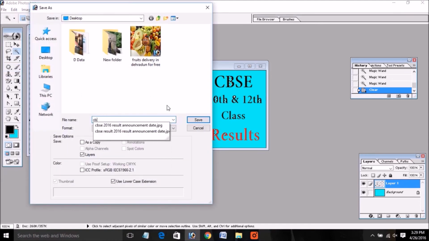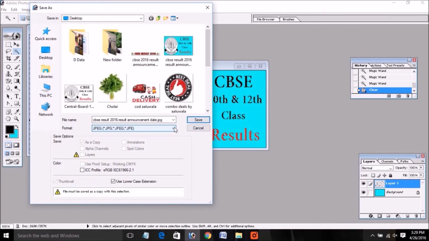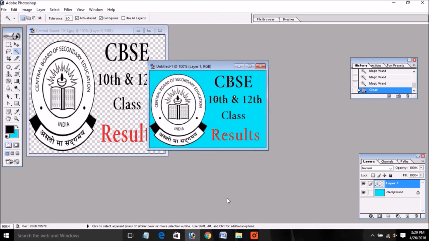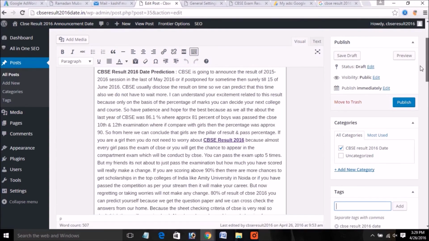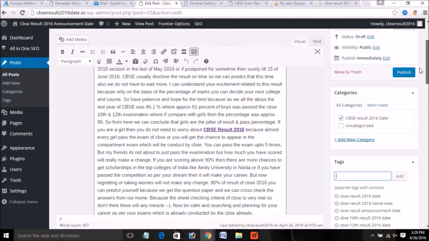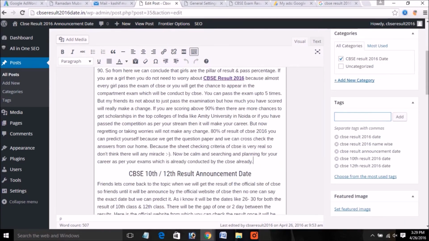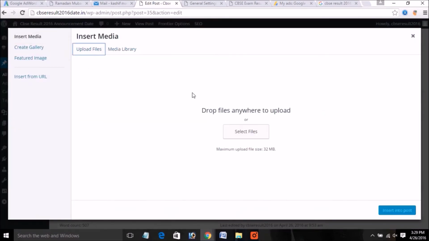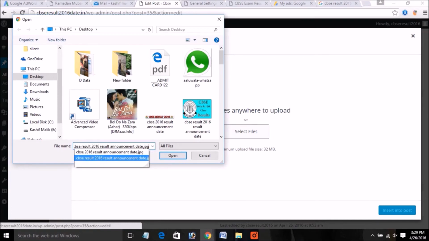Let's save this image with a keyword, because we want to rank this on Google also. So don't write 123 or ABC. Now let's give, no sorry, let's upload this image on this article. Select the image,